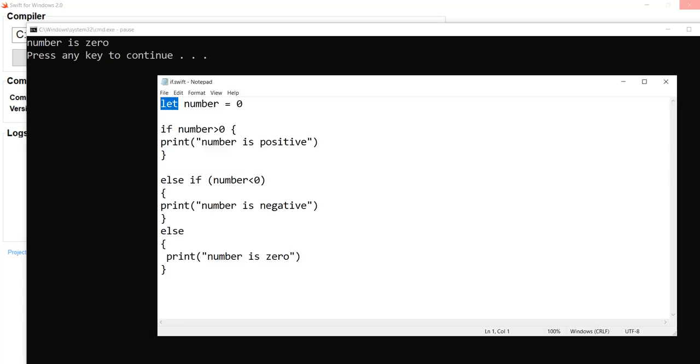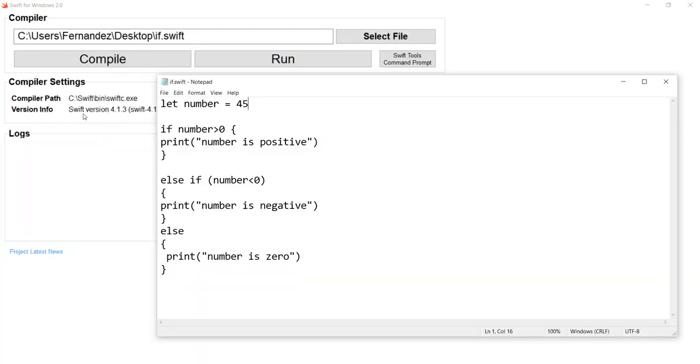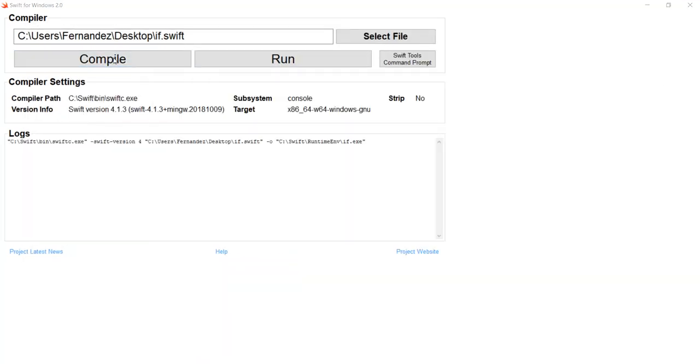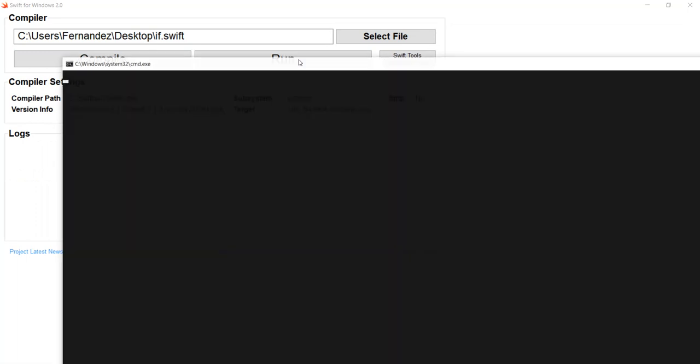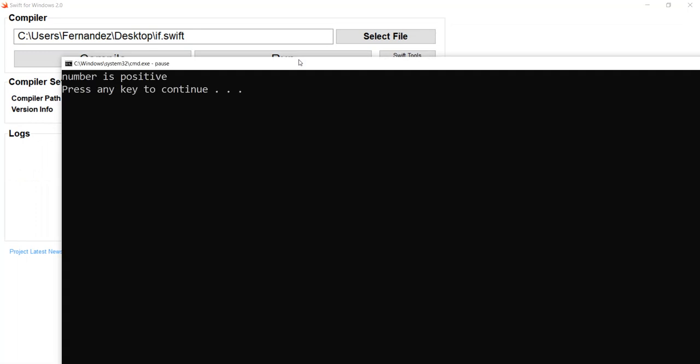Now let's check if it's outputting the right value for the input number 0. Yes, the number is 0. Suppose, for example, we put the number as 45, and let's see what output we get. The output is positive.